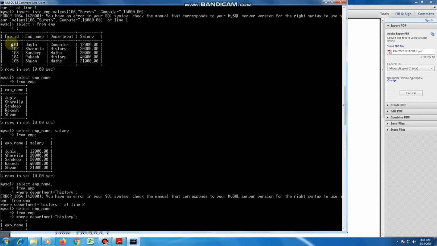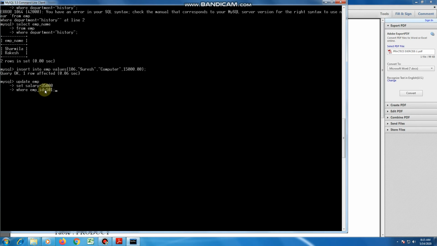So here we know that employee ID 101 is for Jugal. So for 101 ID, salary will be now updated to 35,000 in EMP table. So as I press enter, salary is being changed from 12,000 to 35,000 only for employee having employee ID that is equal to 101, and we know that Jugal's employee ID is 101, therefore salary of Jugal is updated from 12,000 to 35,000.